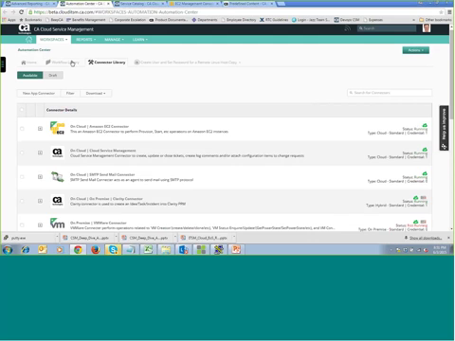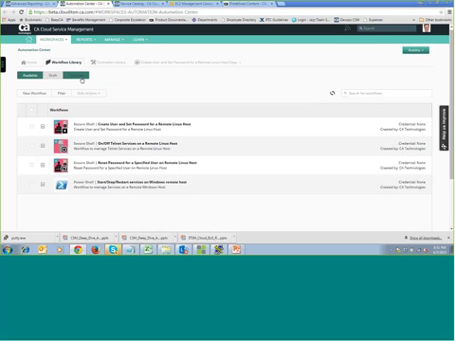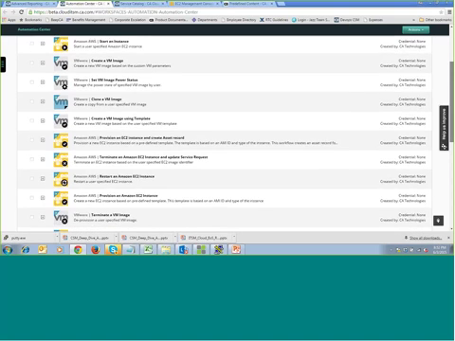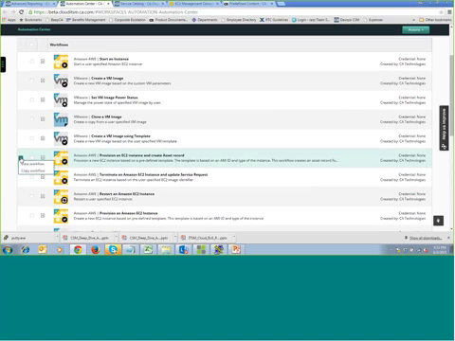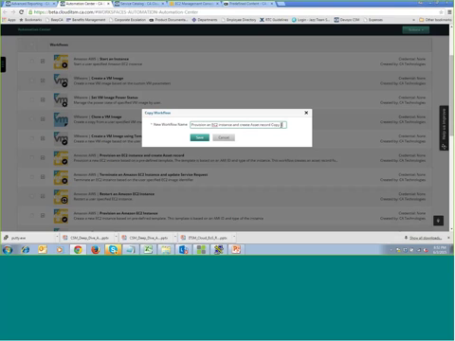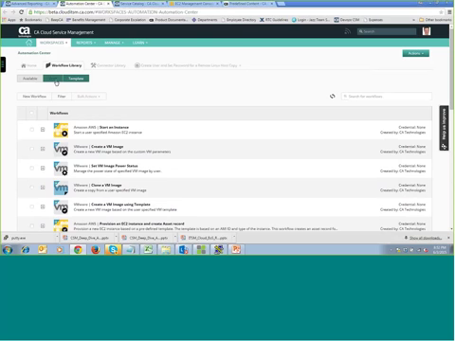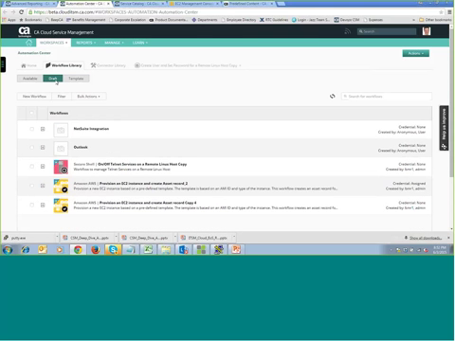Okay, so I'm going to show you how to create a workflow using a template. These are the templates available, filtered by shell, but I'll show you all the workflow templates available. I will take this template and copy it, giving it a name when you copy. What this workflow does is provision a new EC2 instance and update the CSM database with the relevant information, such as creating an asset in the CSM,